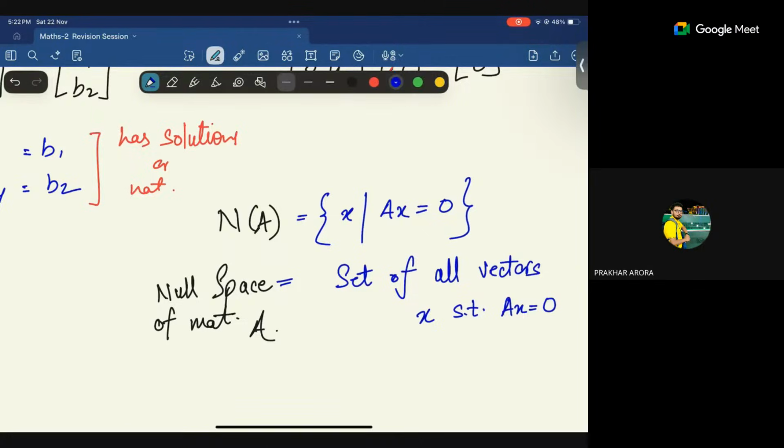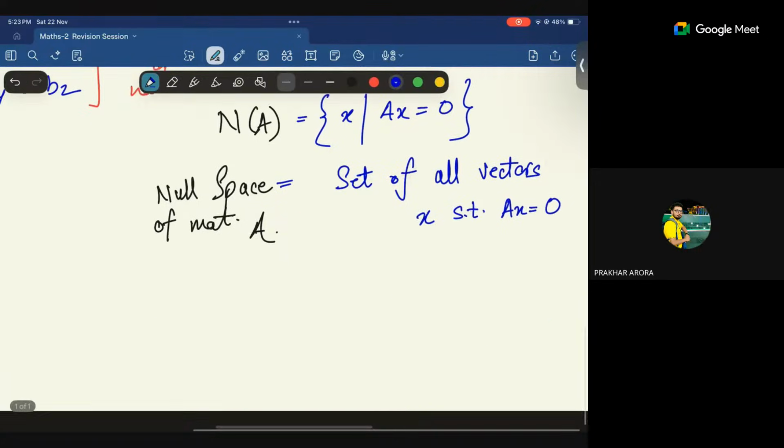So the null space is just a set of vectors that have an important property: when they are post-multiplied with the matrix A, the result is 0. We all know that there are two multiplications in matrices; you can either pre-multiply or post-multiply a matrix. So just saying multiplying with the matrix is not right here. We have to specify which multiplication we are talking about. Now why is this important and why do we need to study this?